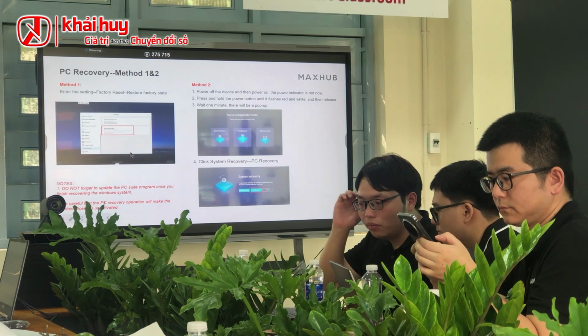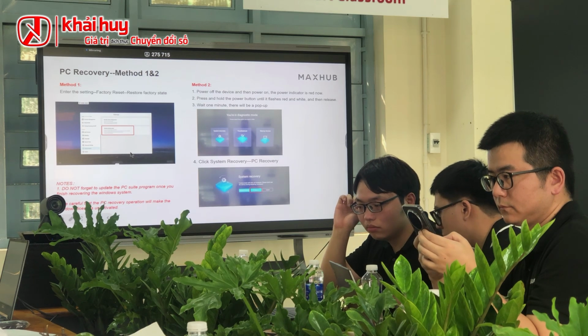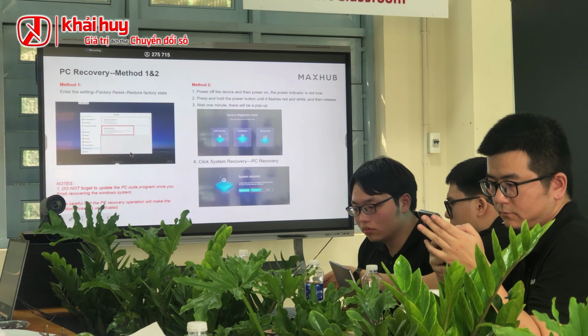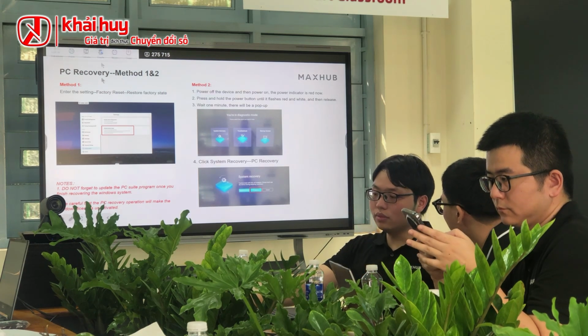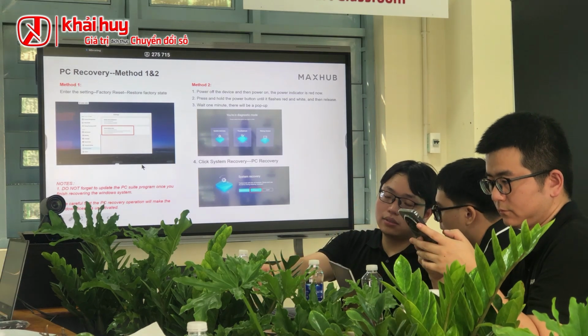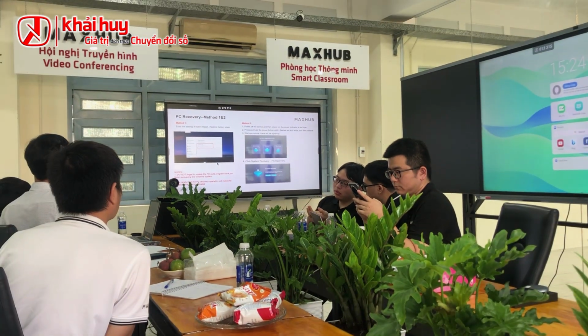So we usually do not recommend this. The factory reset will reset the panel and reset the OPS, both of them. So do not use this